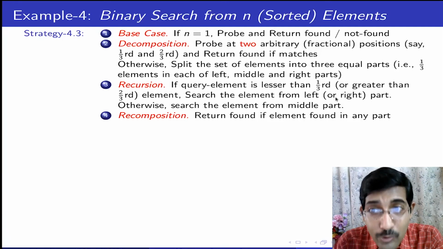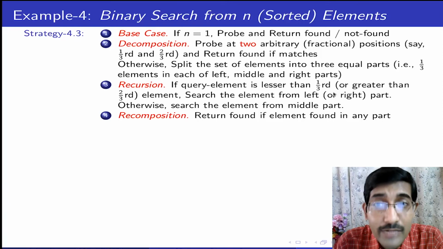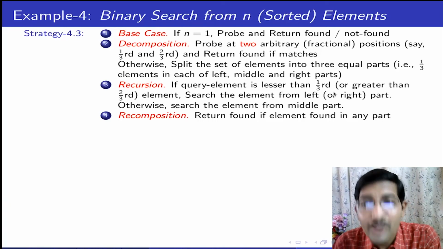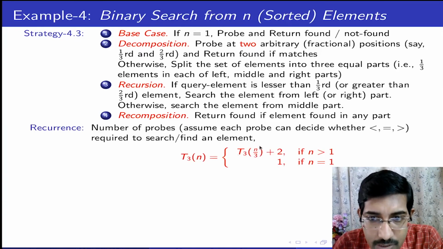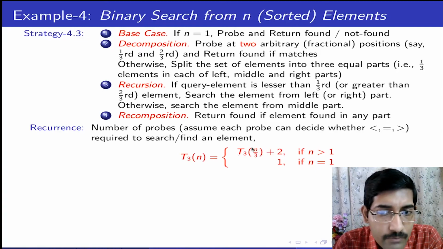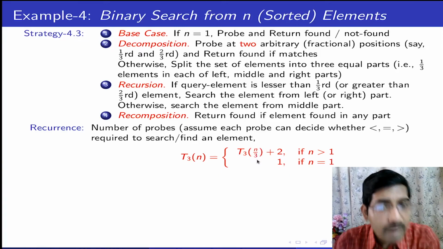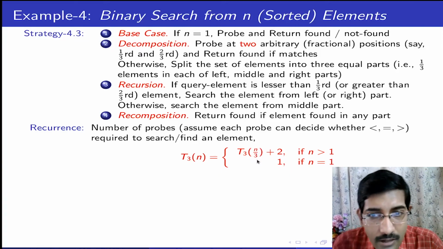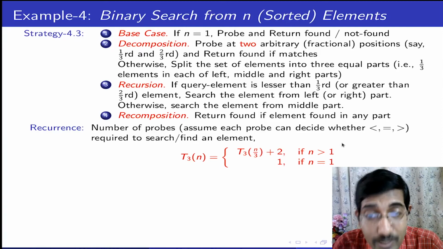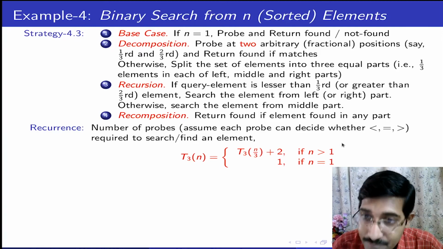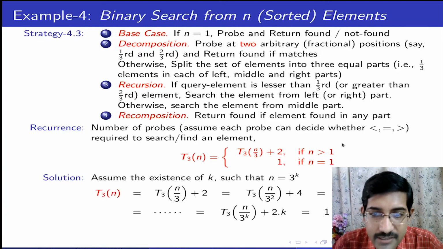Therefore, wherever you probe, you know it is more or less, and it will dictate the next searching will be on the left, in the middle 1/3 part, or in the right 1/3 part. It gives us a little bit of benefit because now I will converge much faster in probing, because going from 2n by 3 to 1, n by 3 to 1 will be much faster. However, see here, you are increasing one probe every time extra, because 2 times you are doing a probing at 1/3 and 2/3 parts. Let us see what it results.